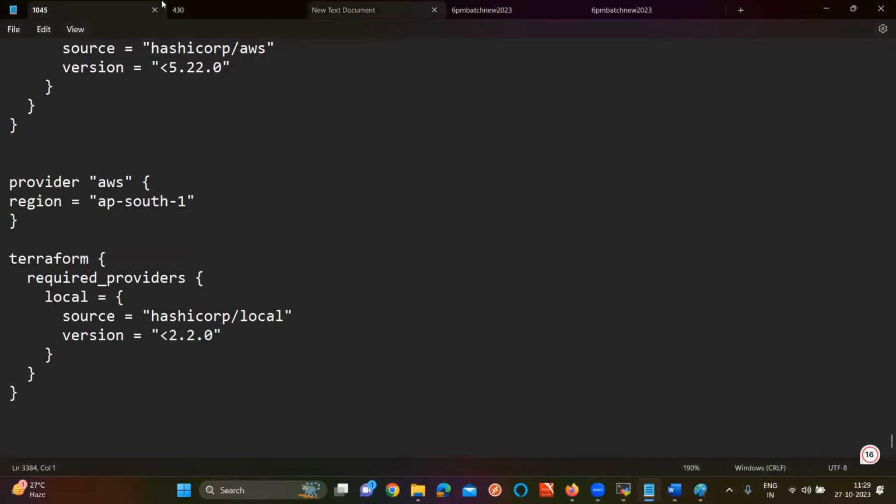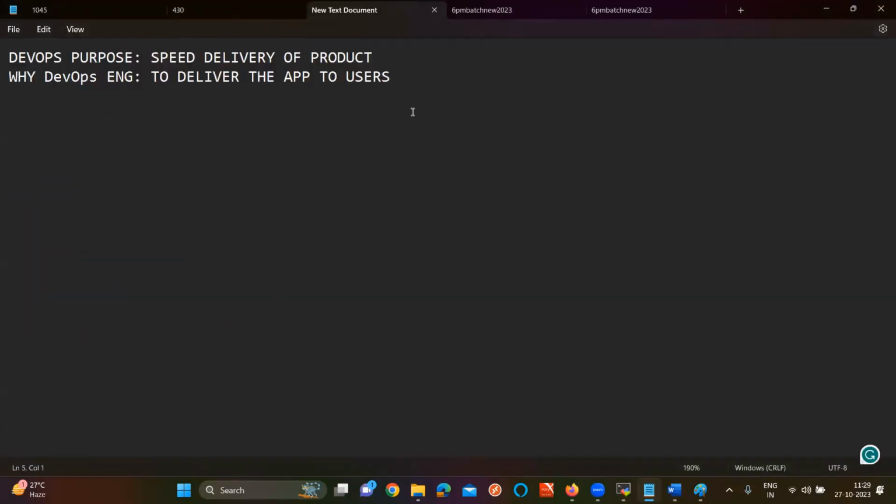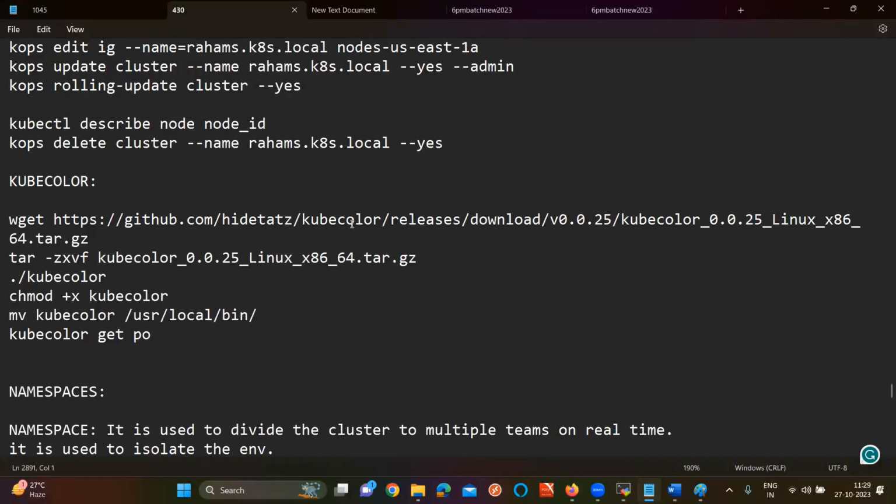So the next concept I'm going to teach you is the Terraform Dynamic Block. Dynamic Block is very lengthy. What exactly is the meaning of Dynamic Block?